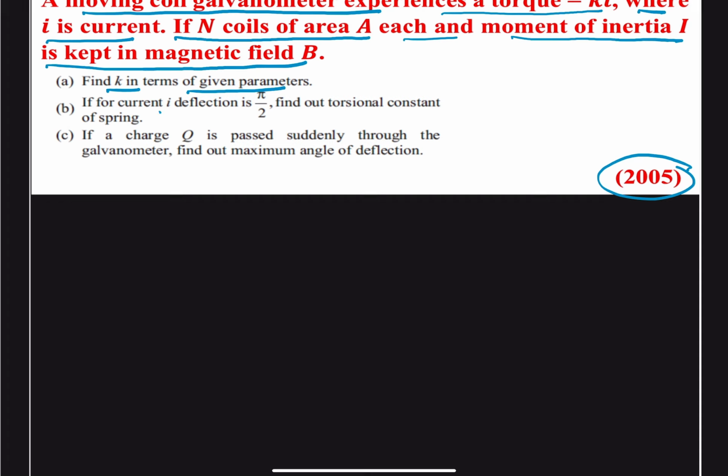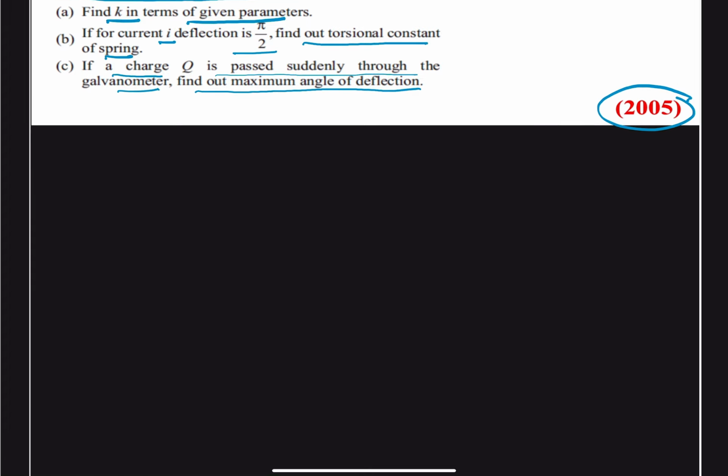For a current I, deflection is pi by 2. Find out the torsional constant of the spring. If a charge Q is passed suddenly through the galvanometer, find out the maximum angle of deflection. So first of all,